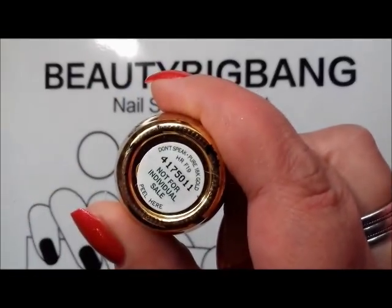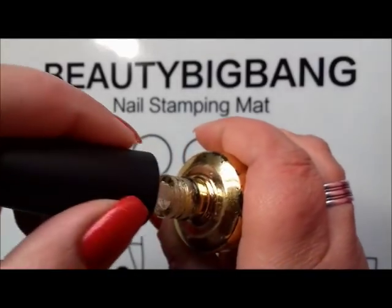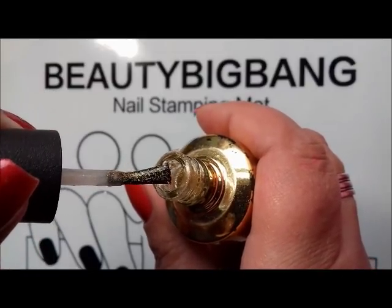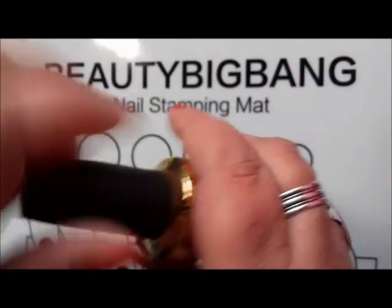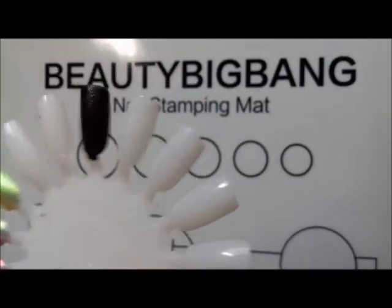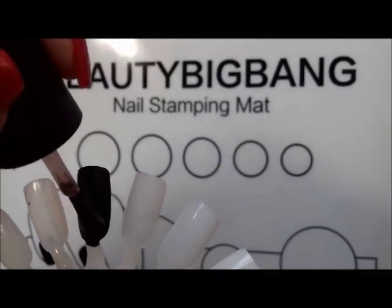I actually picked this up from a Sally's a few years ago, and it was on sale with the Rolling in Cashmere from the same collection. This is the Gwen Stefani Christmas collection, and this is the 18 karat gold flakies. It looks absolutely beautiful. I'll put it over the top of the black. I don't know what this is going to look like over the black leather, but